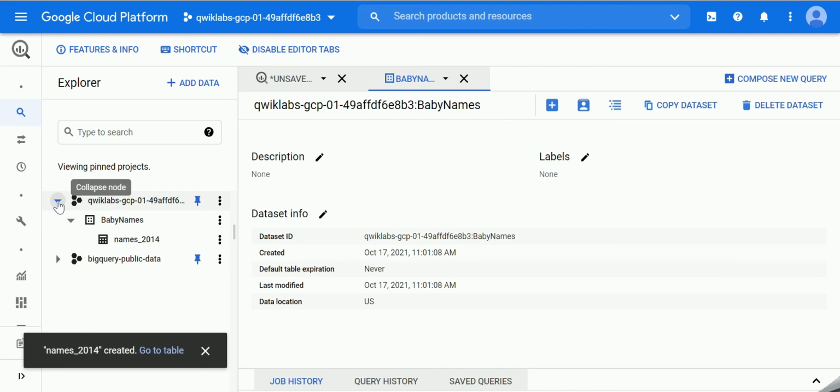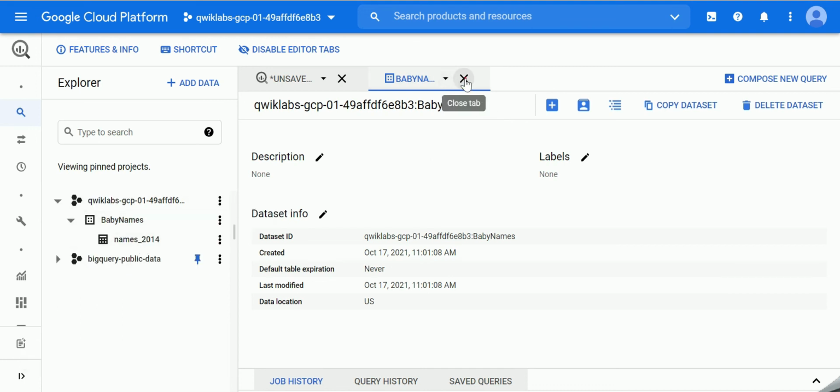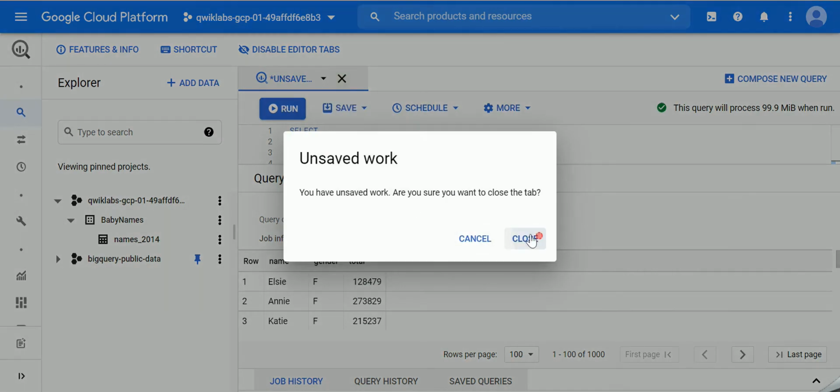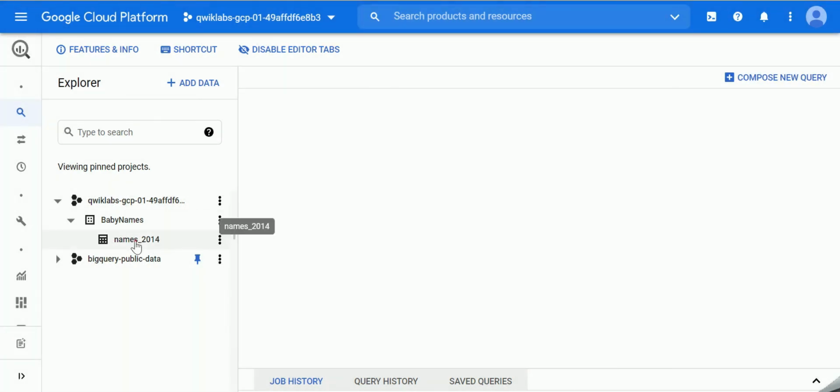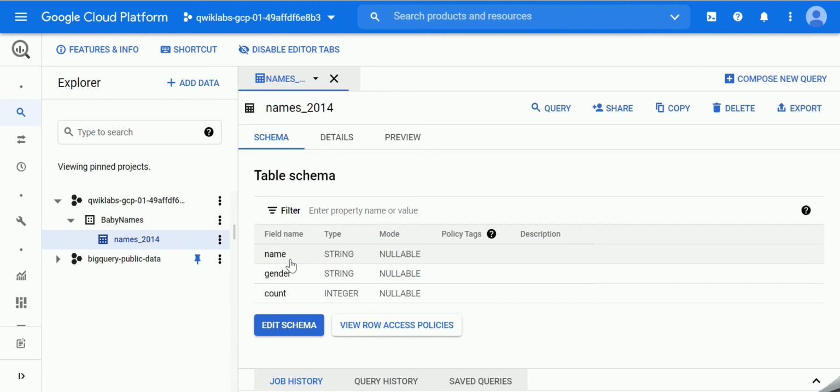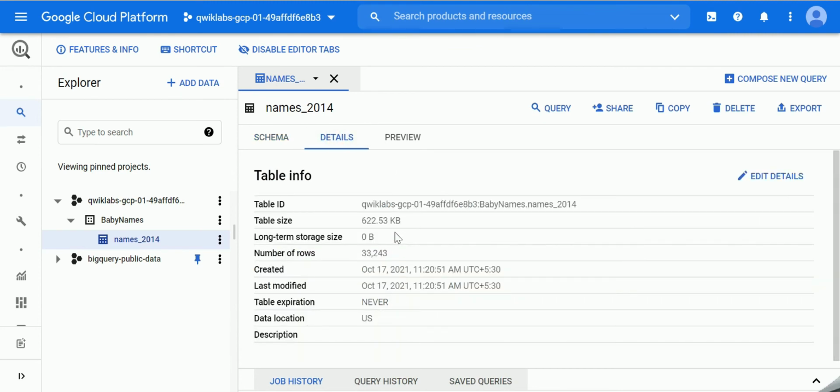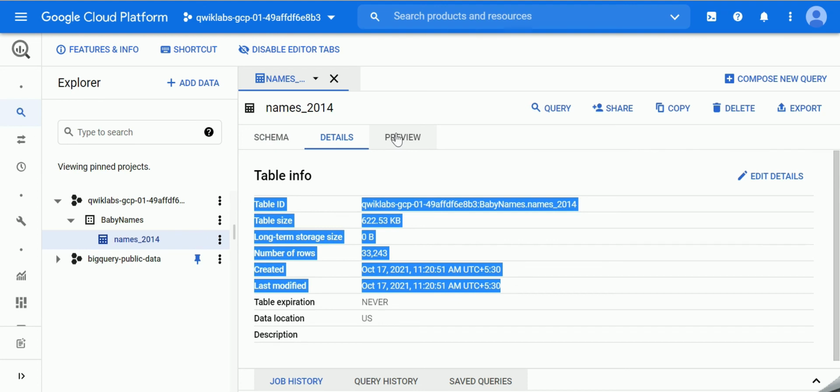If you see here, names_2014 is created. Clicking on this table name gives me a table schema like name, gender, and count. It also gives details like how many rows there are, the size of the table, and when it was last modified.